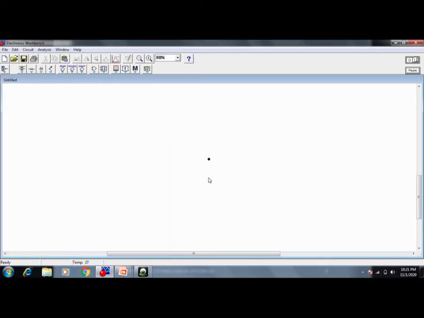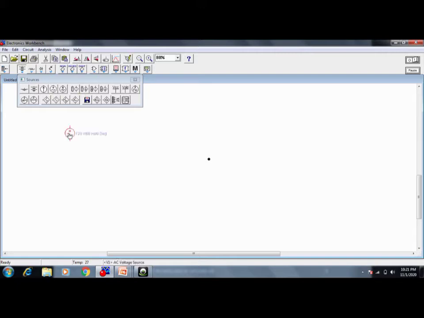Okay, so today, just now we have seen the circuit, and that circuit first contains one AC source. Okay, why do we have to use the AC source here? Because what is a rectifier? A rectifier is a circuit that converts an AC voltage or current into DC voltage or current. So that is why we need one AC source.